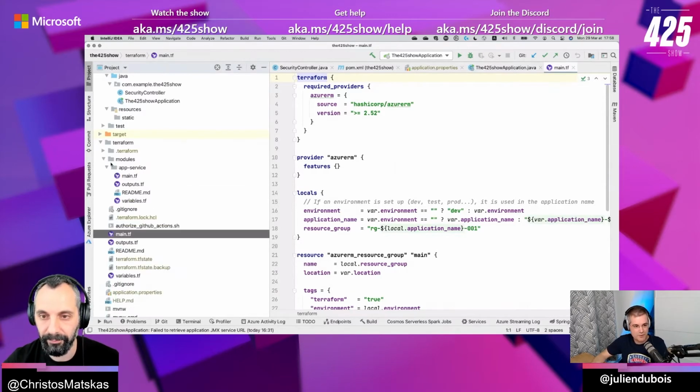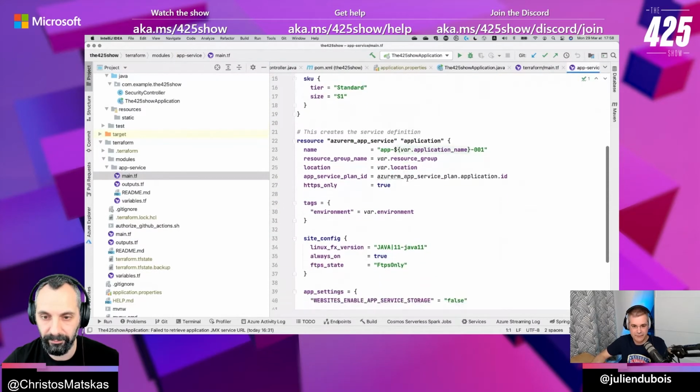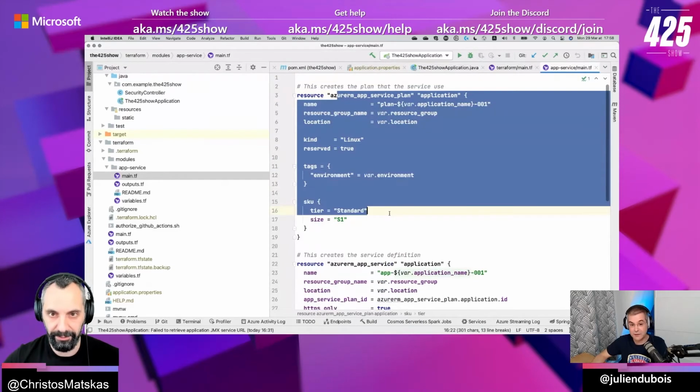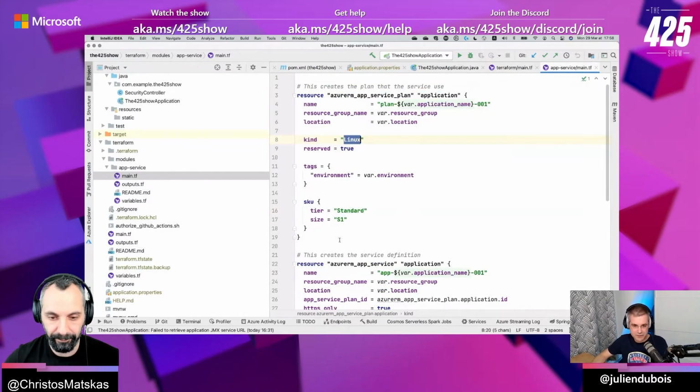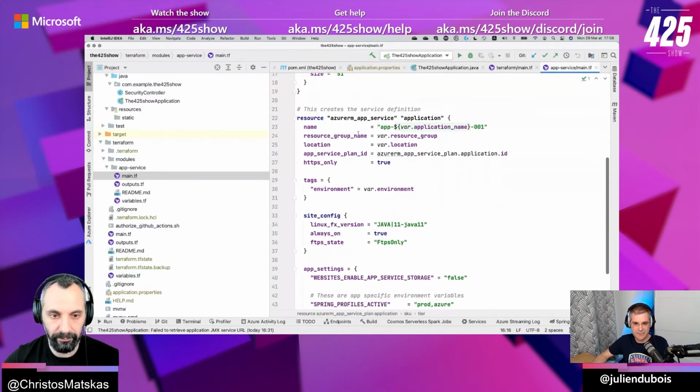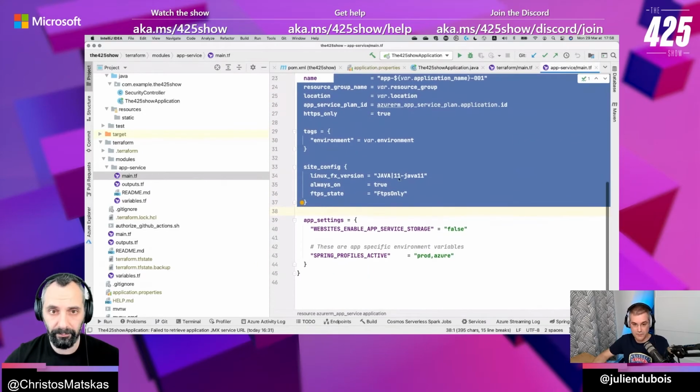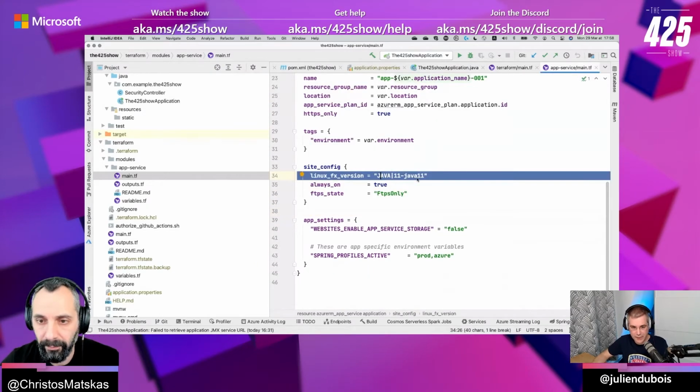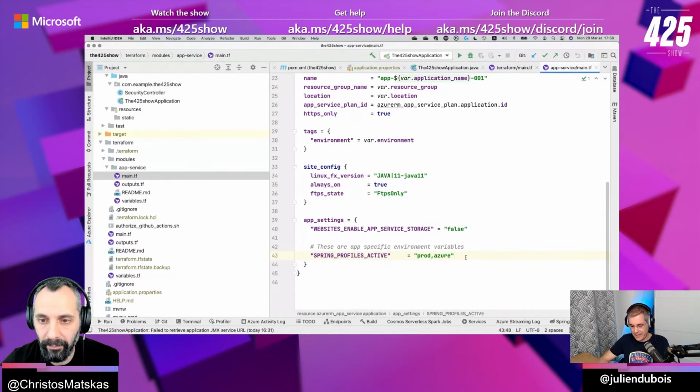So basically, my Terraform script creates two things. It creates an app service plan, which is the type of app I'm using. Of course, I'm using Linux. It's a standard plan, something very classical. And it creates an app service instance with Java. Which is cool. And then here I can add more environment variables. I haven't done it on GitHub because there would be a security issue, but this is where I can add my configuration properties that we had before, you know, the application.properties file. It can be done here also.